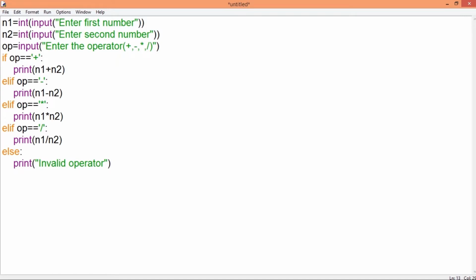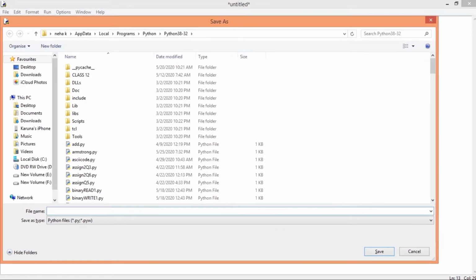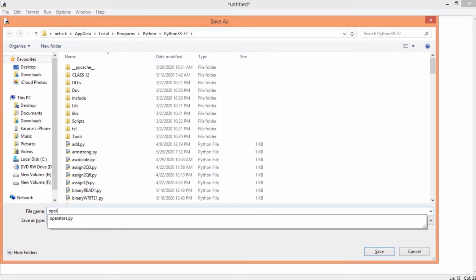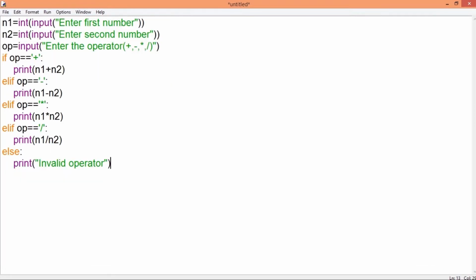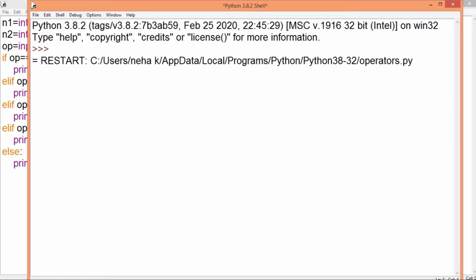Let's execute this code. You can see it prompts for the first number. I give the value of 5 and then I enter the second number as 8.